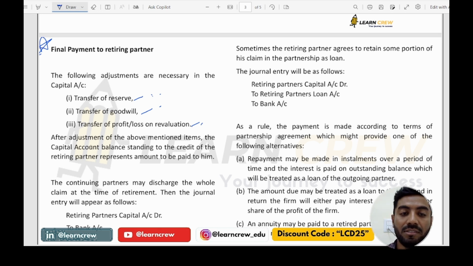Okay. After adjustment of the above mentioned items, the capital account balance standing to the credit of the returning partner represents the amount to be paid. Whatever balance is reflected in the partner's capital account after transferring all of those things,